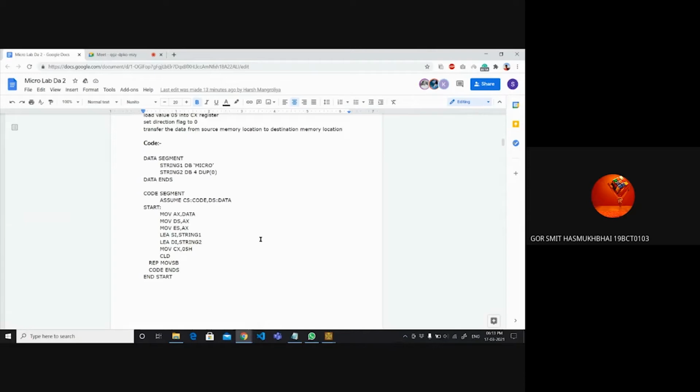LEA means load effective address. We load the effective address of string 1 into SI, which is the source index, and load the effective address of string 2 into DI, the destination index. Then, since we have "micro" with length 5, we initialize the value of CL with 5, and then we set the direction flag equal to 0.